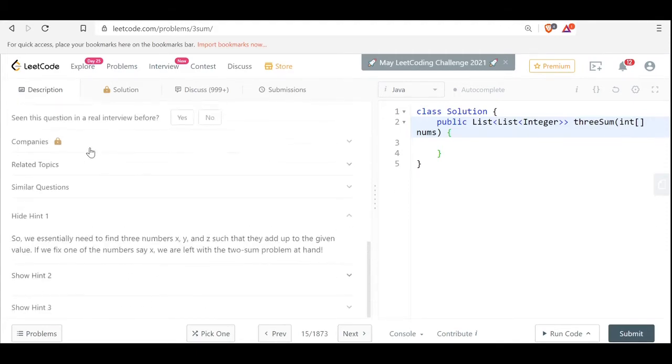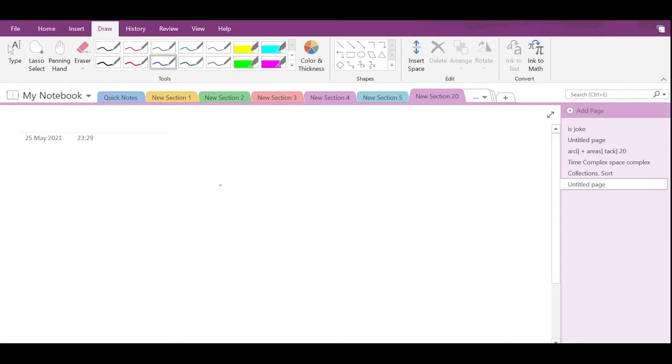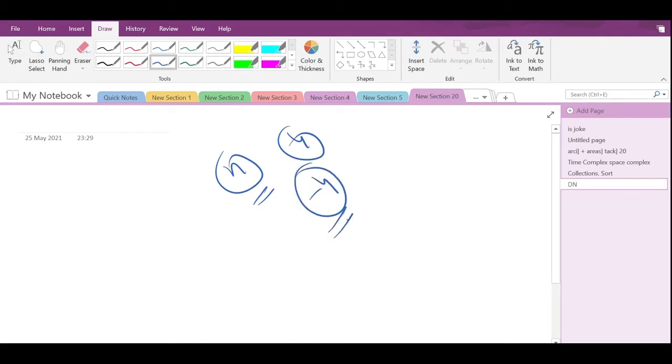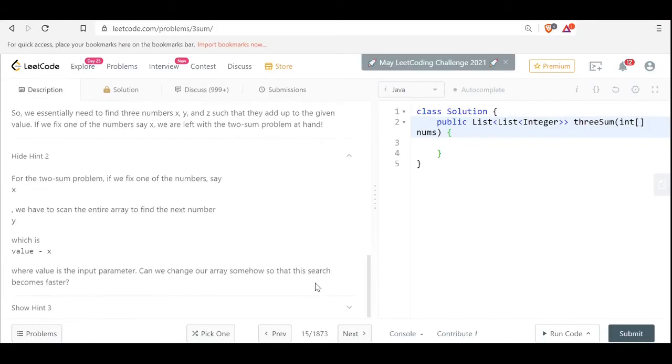So basically, the one thing it is suggesting me to do is that you fix one number. Okay. Now say 4 is in my loop, so I need to check whether the sum could be minus 4 or not. That will be done using the two pointers approach, no doubt, and that too in big O of n. But that we are doing for every n, right? So n into n is big O of n square, right? So I think we fix it.